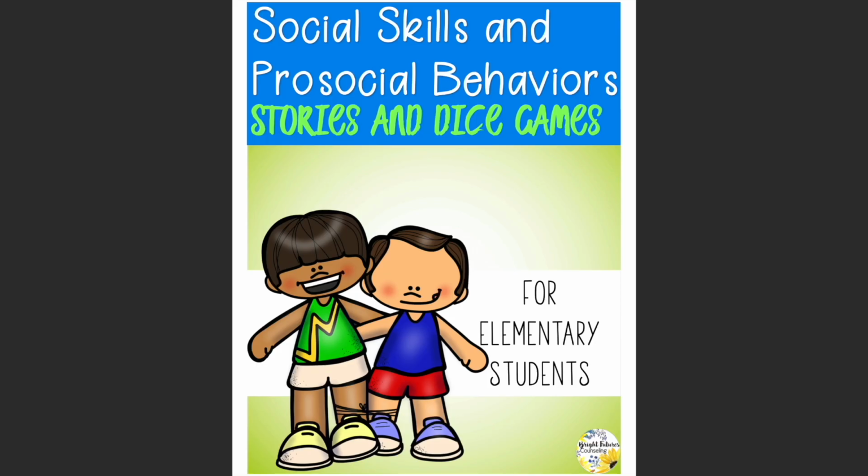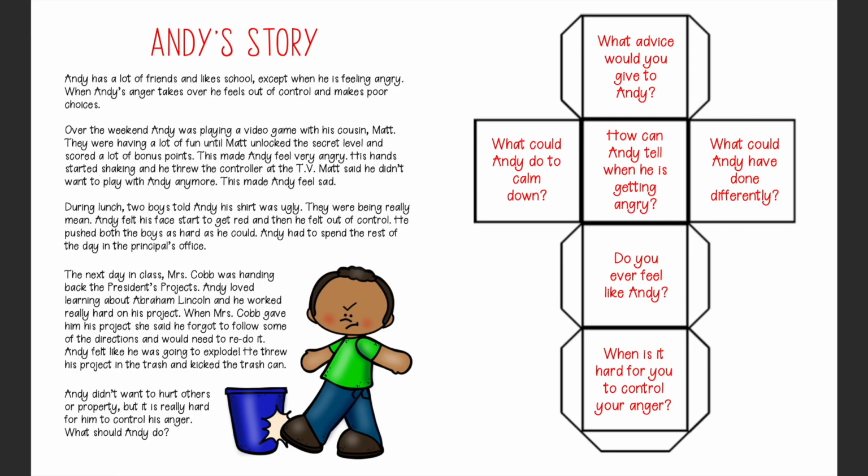So let's take a look at the social skills and prosocial behaviors stories and dice games. These are little social stories about different characters, and each character is struggling with a different SEL skill. For example, Andy is struggling with anger management. There's a little story about this character, and then a die that you can cut out and assemble, and then you toss it with the group,